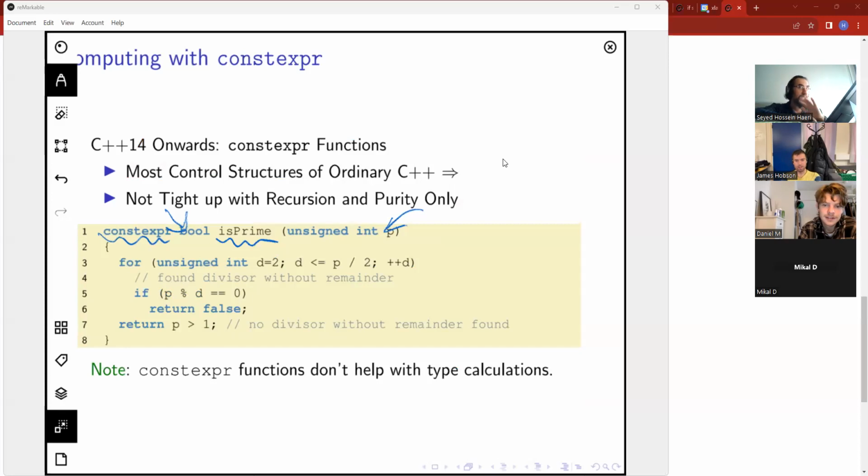That's absolutely possible. And in C++23, if you want to enforce that this call has to happen at compile time exclusively, you can replace that constexpr by consteval, and that will be exclusively available at compile time.